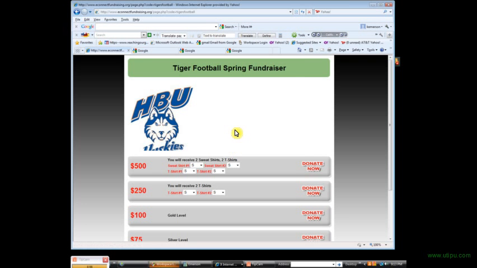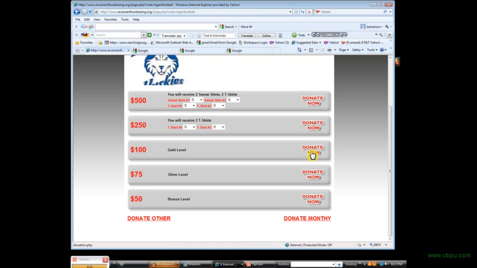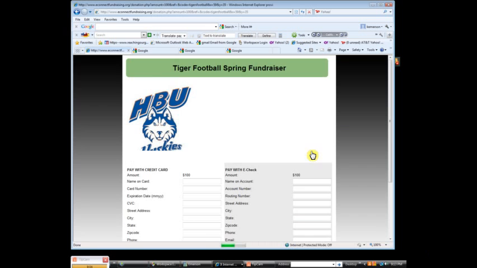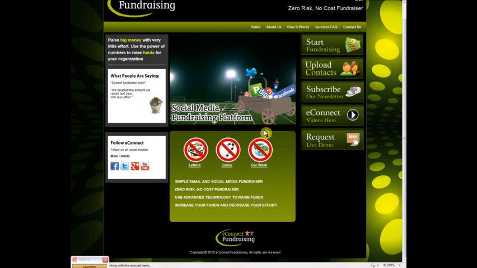And as they arrive at the donation landing page, like we saw earlier, they're going to pick their sizes, whatever amount they want. They hit the donate now button, go ahead and fill out the information, and then they will get a tax deductible receipt as a response to the donation. That concludes the